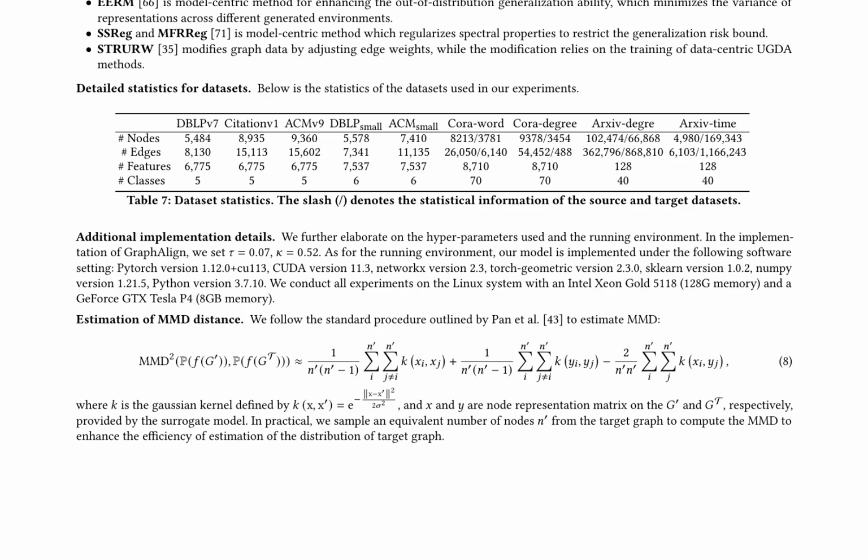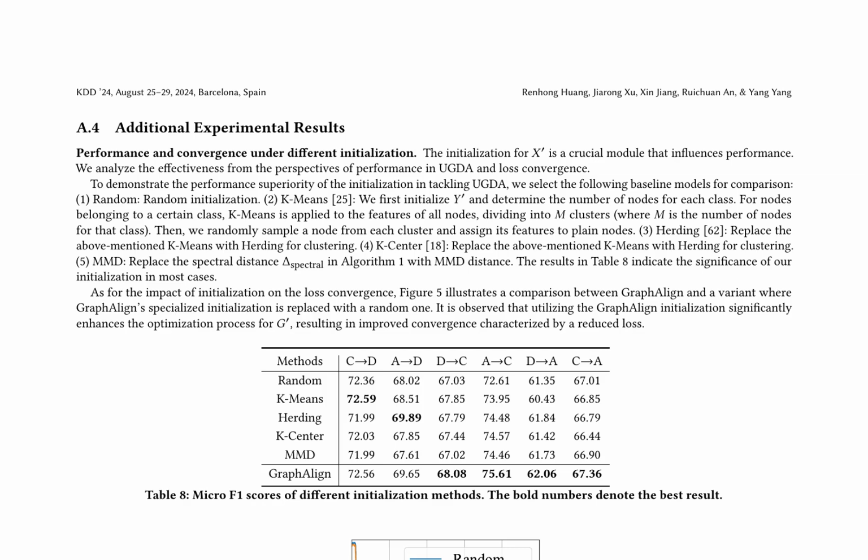Furthermore, the authors evaluate the transferability of GraphAlign across graphs with different homophily. They compare the performance of GraphAlign with several baselines, including MMD, DAN, CDAN, ADA-GCN, UDA-GCN, Mixup, EERM, SSReg, and MFR-Reg. The results show that GraphAlign outperforms the baselines in most cases, demonstrating its effectiveness in addressing graph domain adaptation. The authors also provide additional experimental results, including the performance of